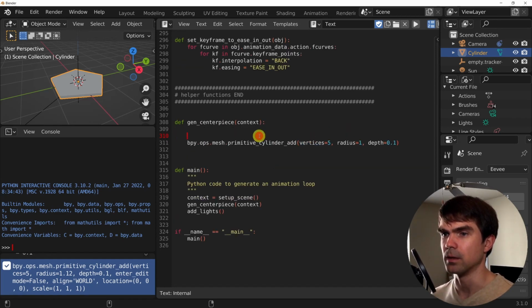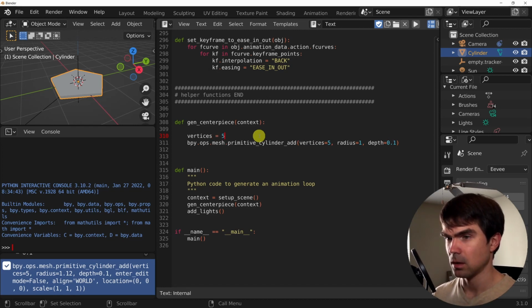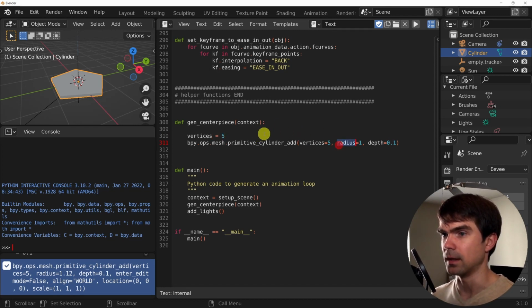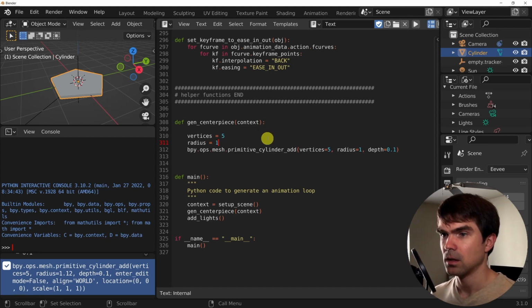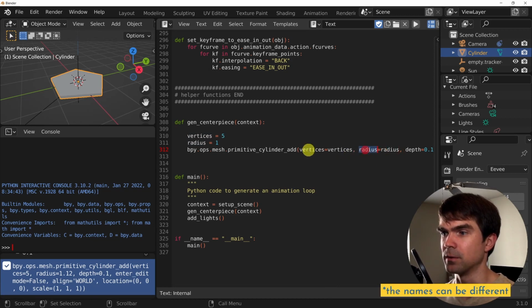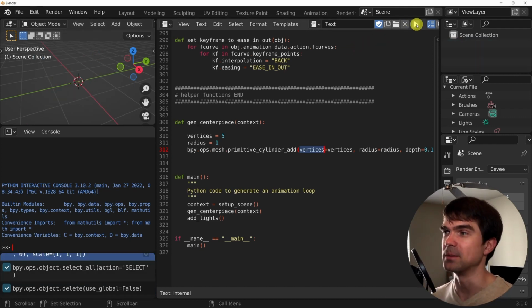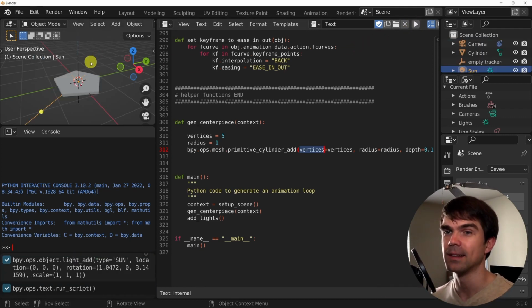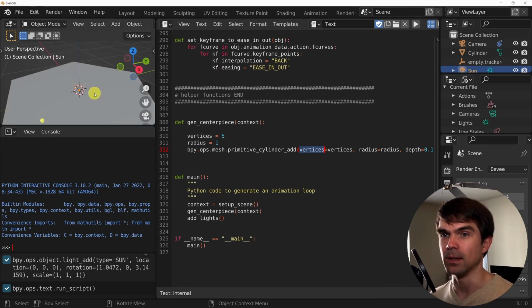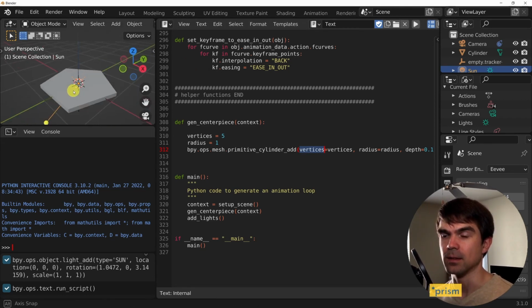I'm going to create some variables that we'll use later, and just going to use them right here. And again, they could be different from these arguments. Let's delete everything from the scene, or actually we don't need to because it's going to get deleted automatically. And we get this cylinder.